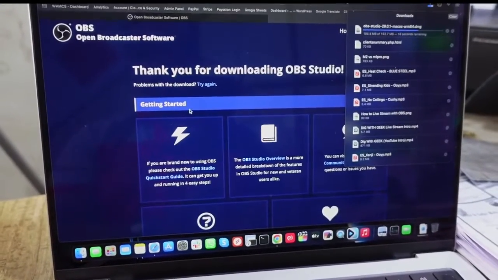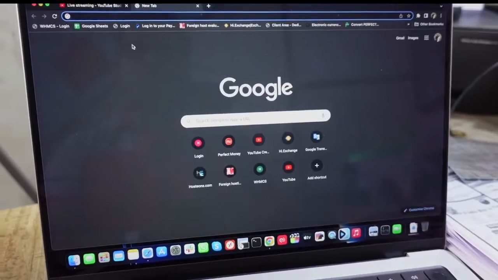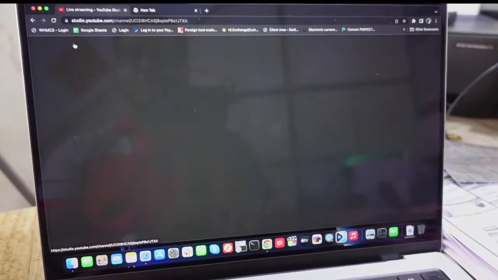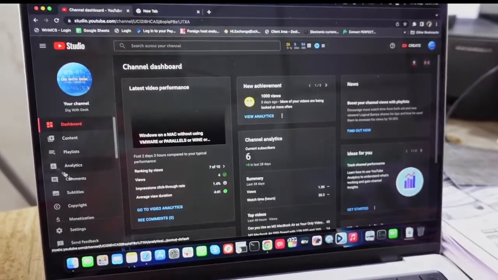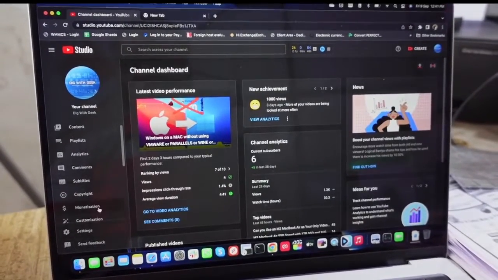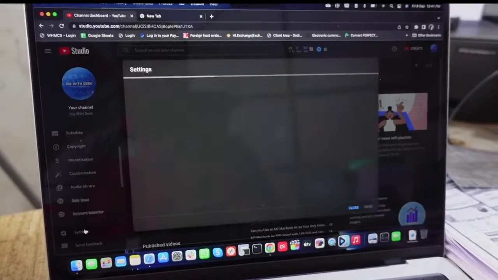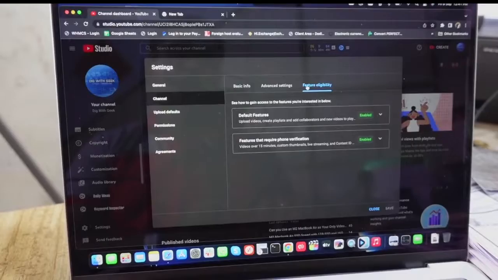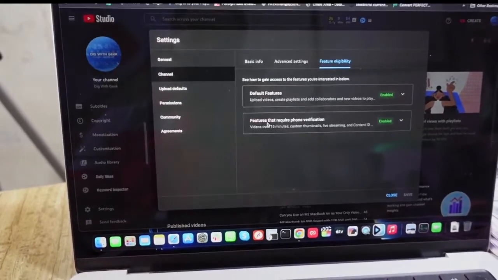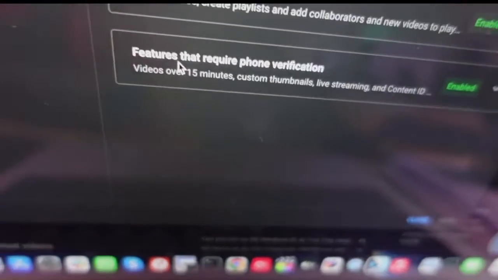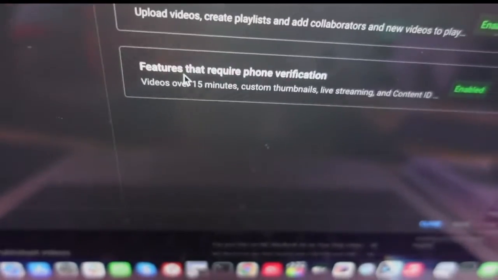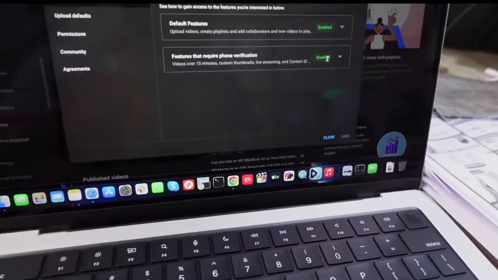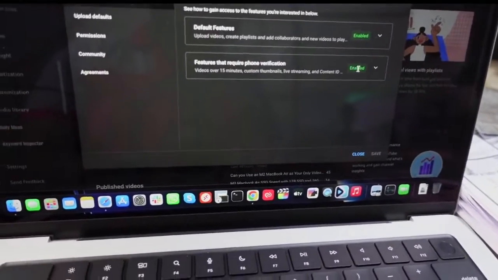Okay, and one more thing, let me show you in YouTube Studio. Before you can activate live streaming, you need to actually have your account verified. For that, you need to go to settings and then Channel, and over here Feature eligibility. This is the particular feature. You can see features that require phone verification. So over here right now, since it's already enabled for my account, I have already verified